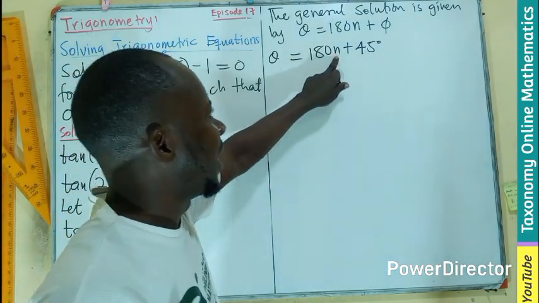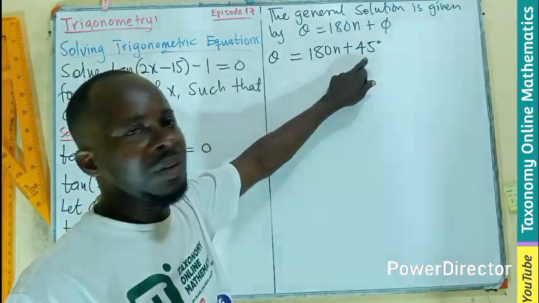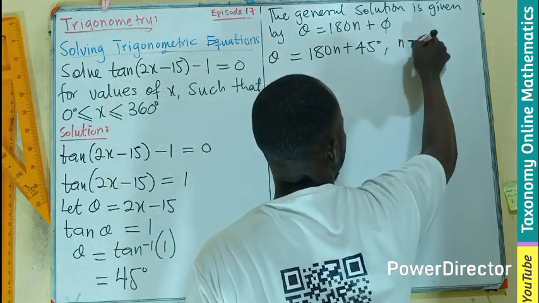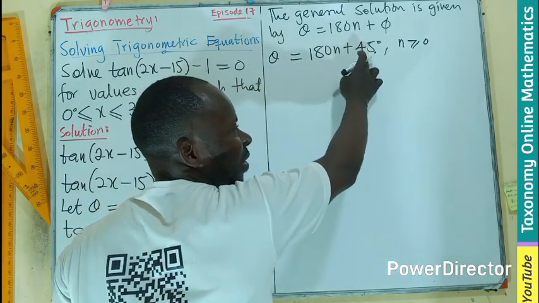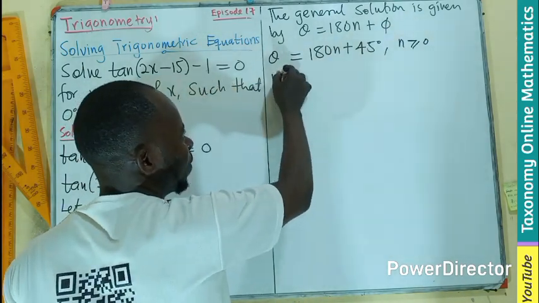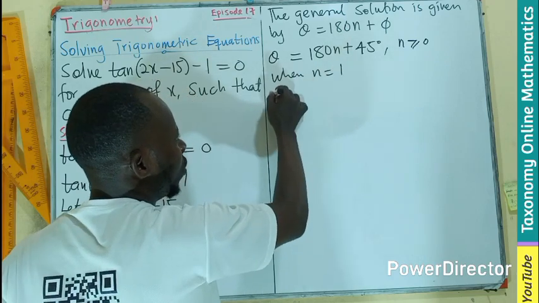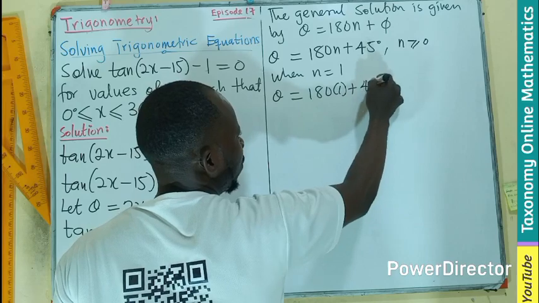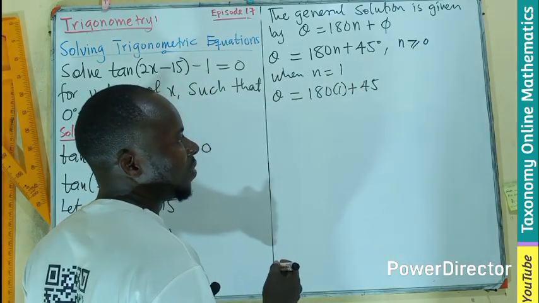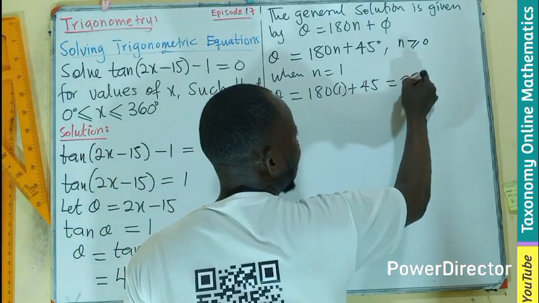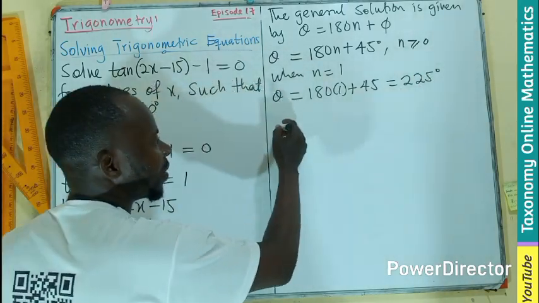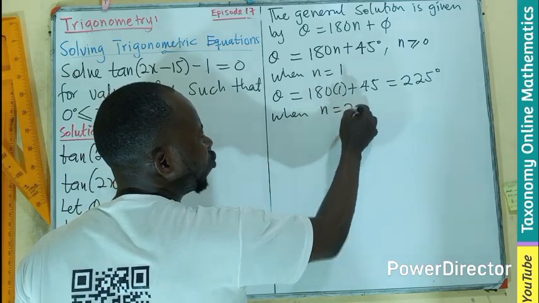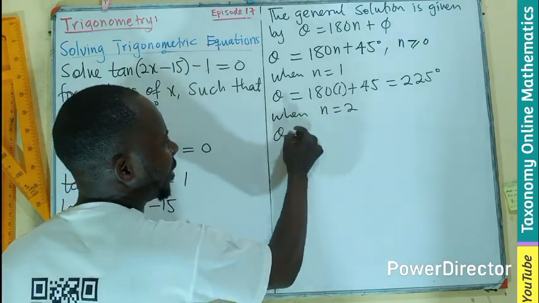Now, if n assumes 0, the first answer will still be 45, the first principal angle. So you pick the second one. When n is 1, your theta value will be 180 times 1 plus 45, and this will give us 225 degrees. When we have n move to 2, your theta becomes